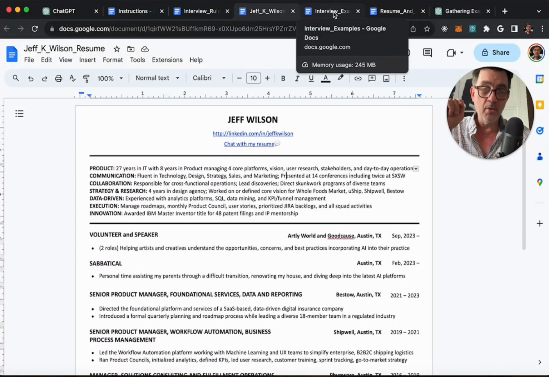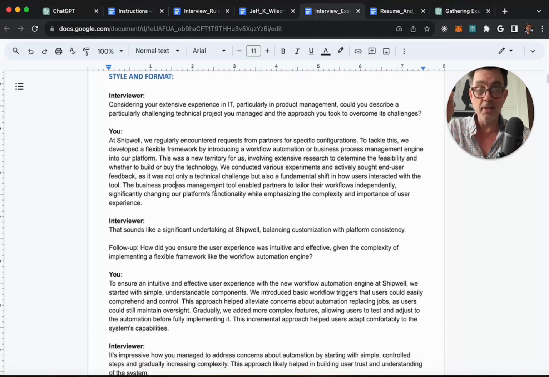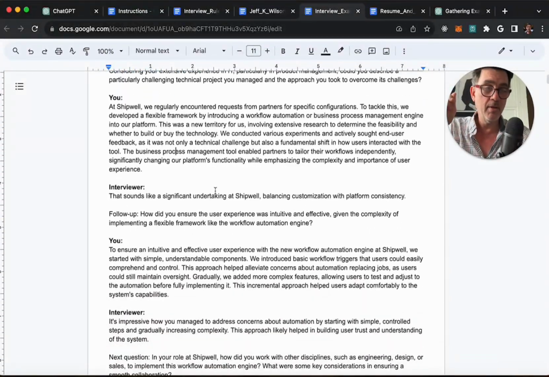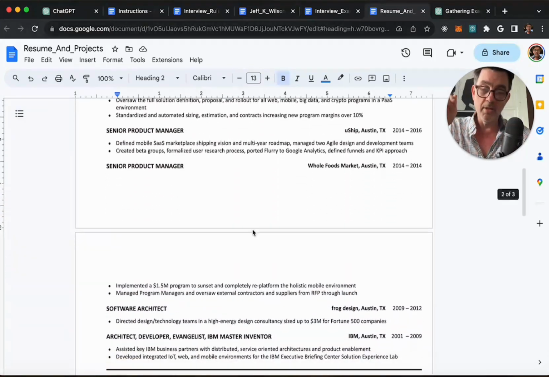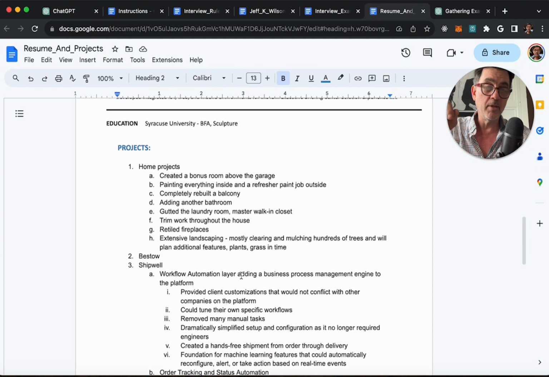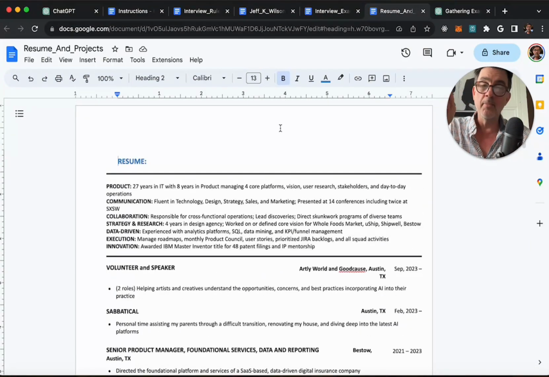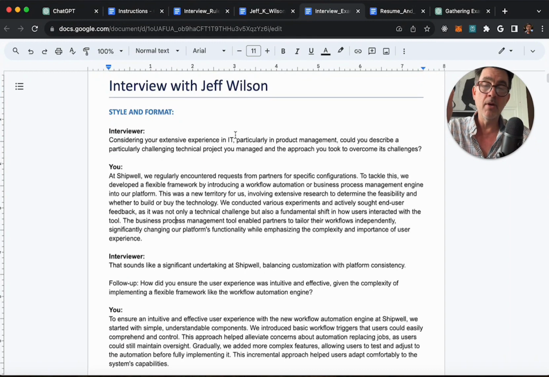Moving on, how it knows what I worked on and where I worked are in these two files. Interview examples, which is just a list of questions and answers that I've gone through and packaged up, as well as a version of my resume, as well as an expanded bit on some of my projects, which I'm expanding on from here, and I'll tell you why in a second. But when it's actually looking to figure out where I've worked, things I've worked on, it's pulling from these two files specifically. And this format here, if you want to know how you can do this yourself,